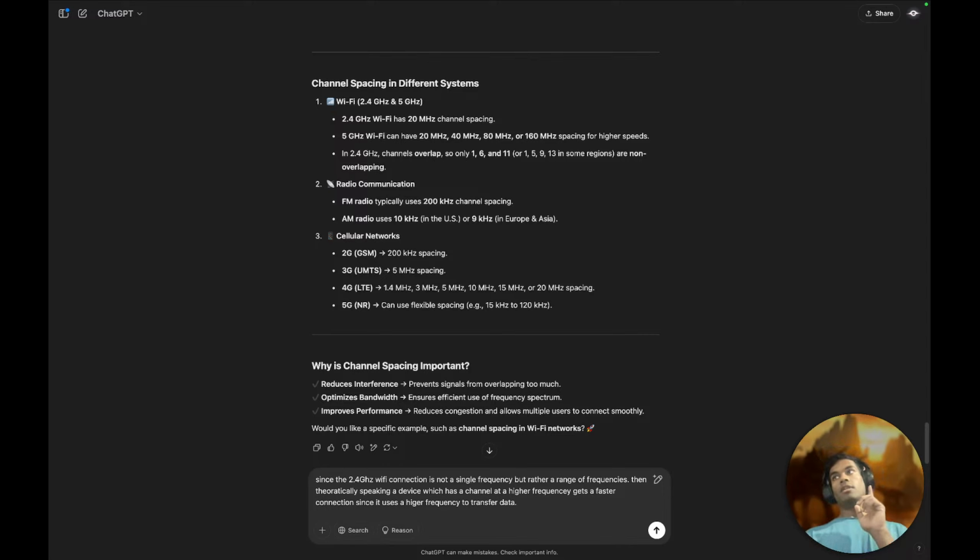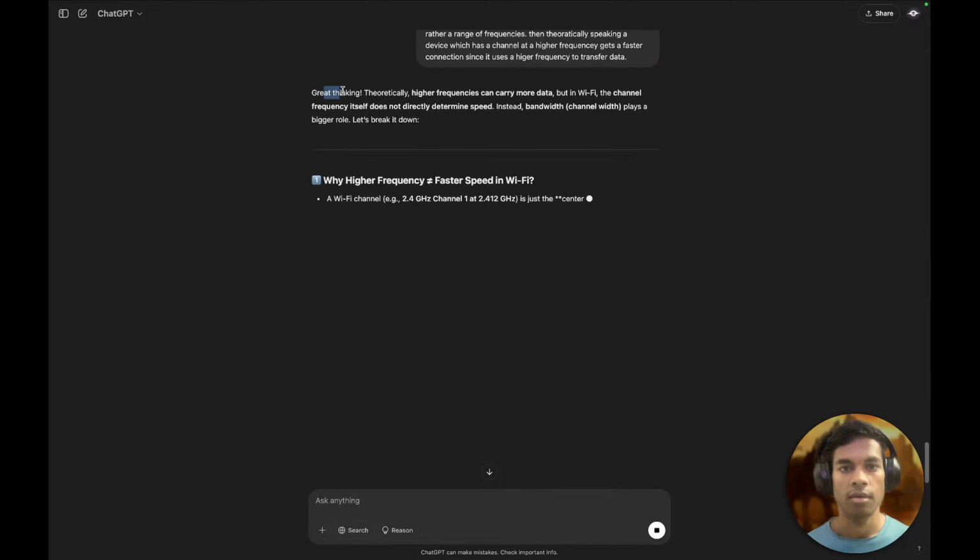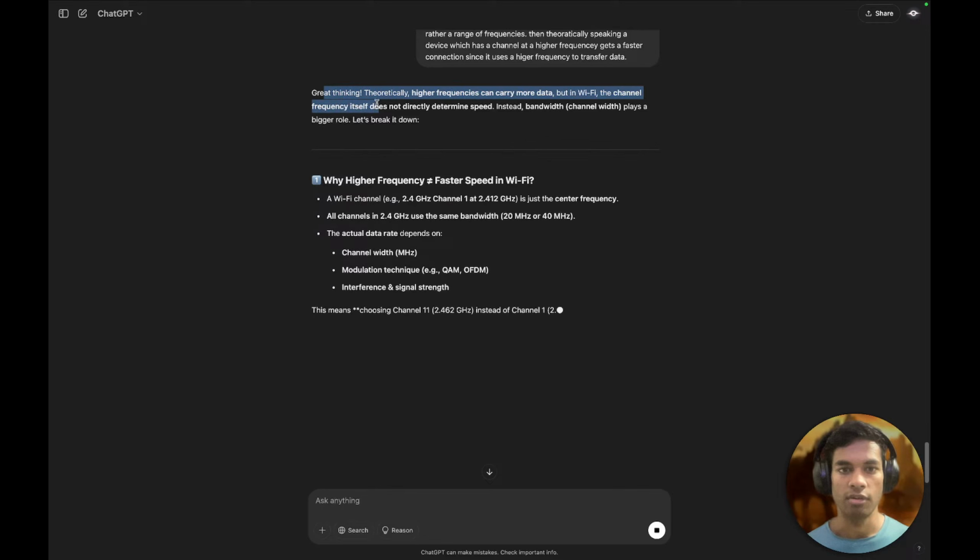But yes, there is the NTP protocol, network time protocol. NTP, great thinking. And theoretically, higher frequencies can carry more data, but in Wi-Fi, the channel frequency itself does not